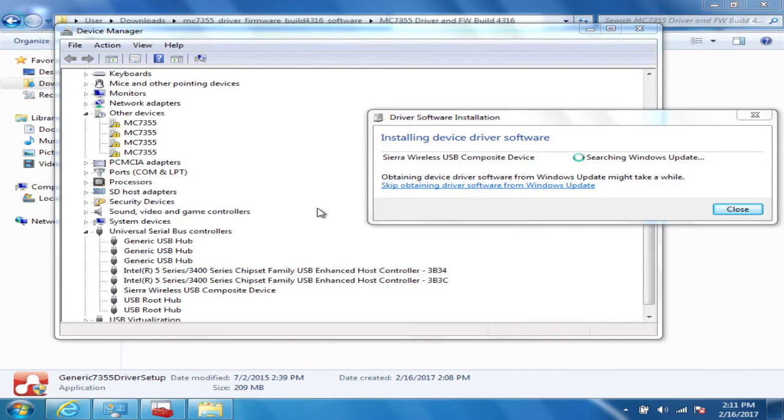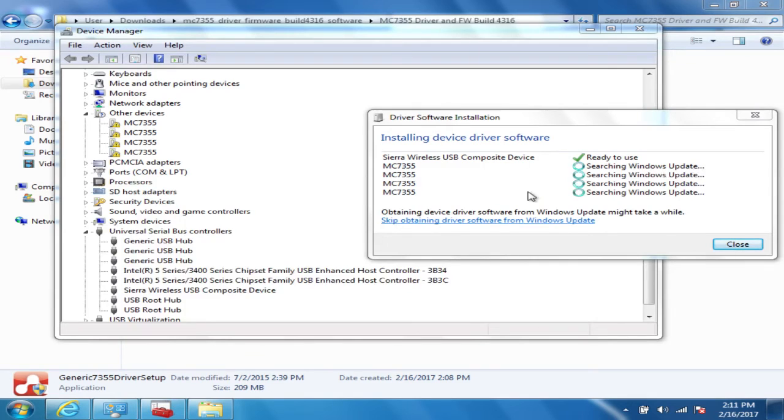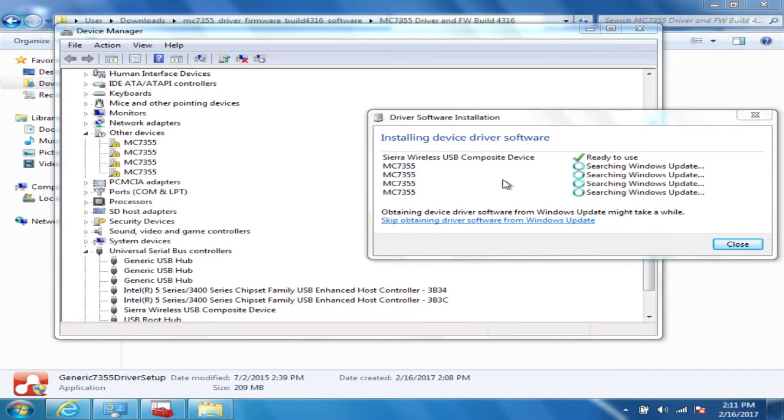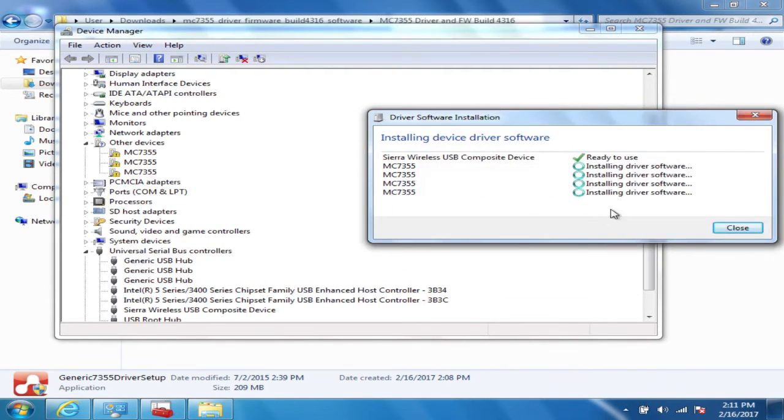Once it's finished installing, click Finish. Now, as you can see here, if you have the driver software install open and you click Skip Obtaining Drivers from Windows Update, it'll automatically install the drivers you just extracted with the setup.